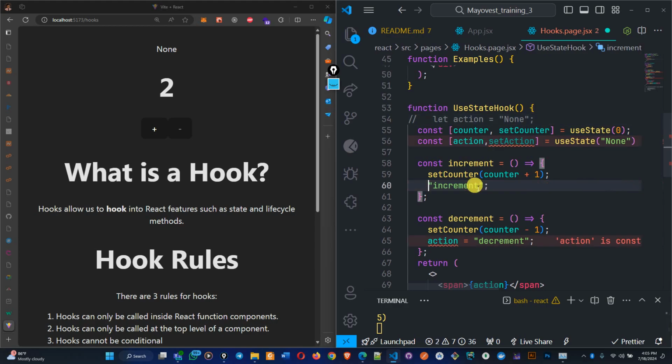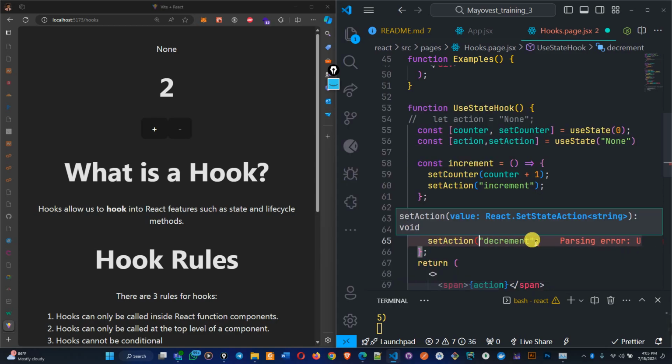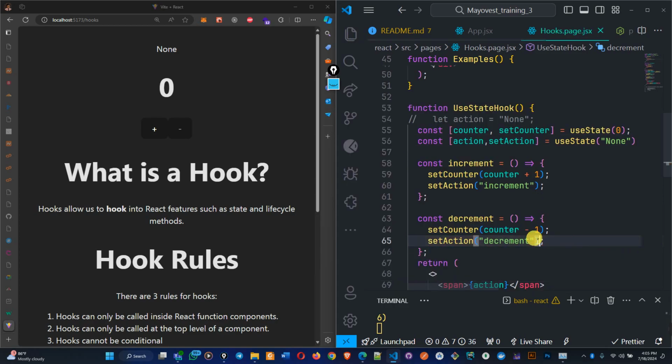So what we can do is to use our setter function, which is going to be setAction, and you pass whatever you want to change it to. The same thing here too. Remove this, so setAction like this, and then close it. And if I save it now and reload the page, if I click on the plus, as you can see, it tells us that the action is increment,